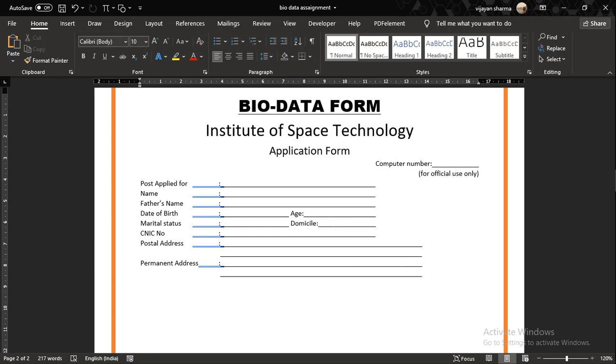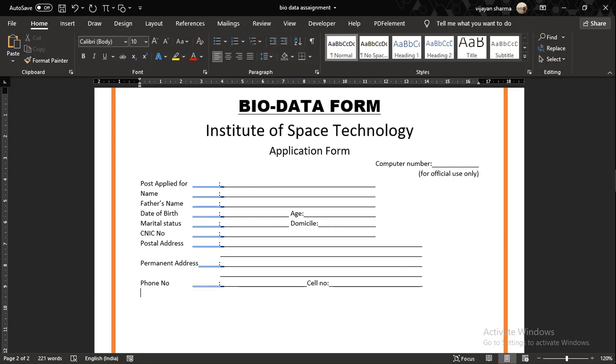Then comes the phone number and cell number. Phone number, then tab, tab, colon, underline. Cell number is somewhere over here, cell number, colon, underline. Enter.